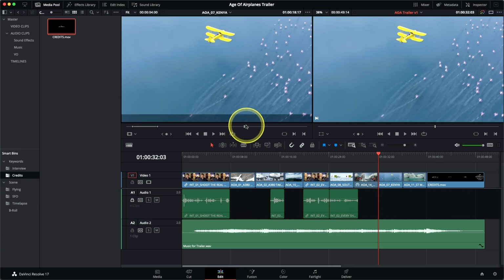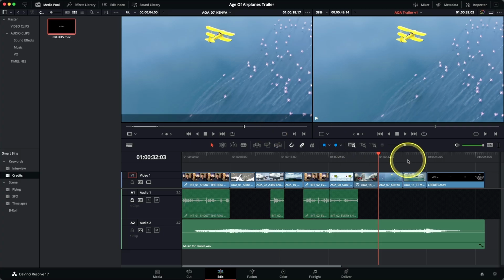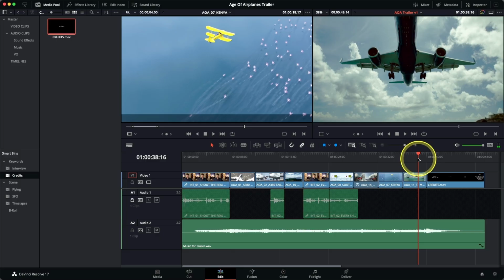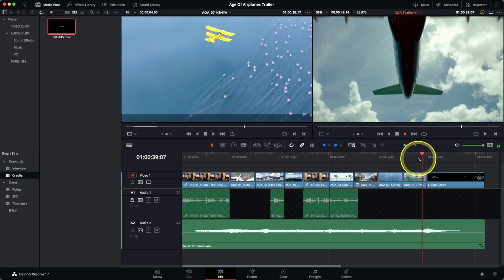So the playhead here in the source viewer is placed at the location of the playhead in the timeline, and then the clip is replaced based on the source media clip after the playhead. It's a very, very powerful function if you want to synchronize clips together. It's useful for editing sound effects into the timeline, or to match two images together with different actions. For example, here, if we go to the last clip in the timeline, where we have the St. Martin landing plane flying overhead,